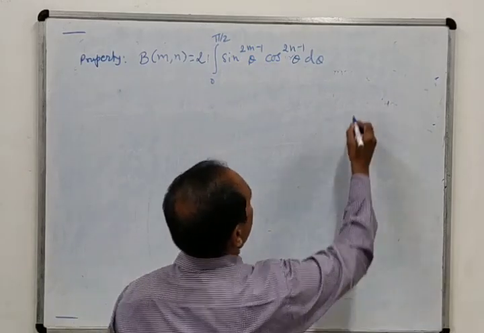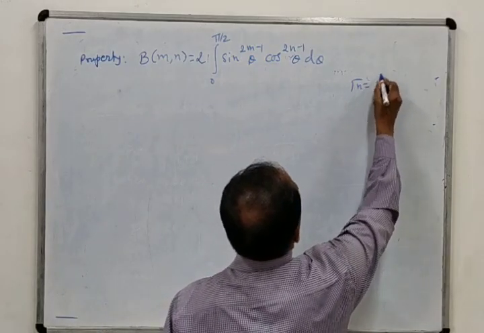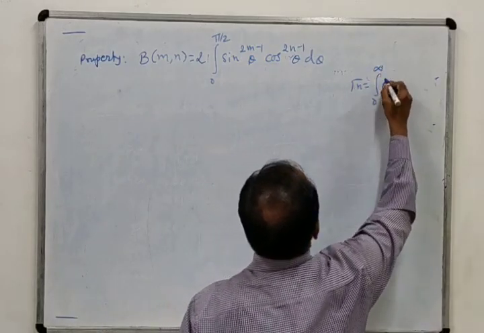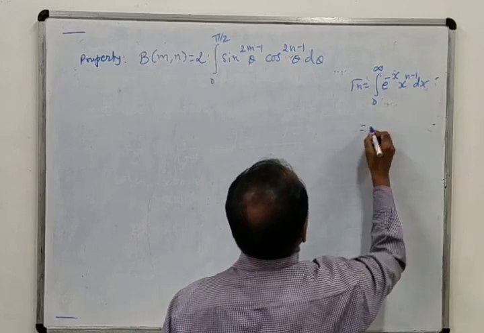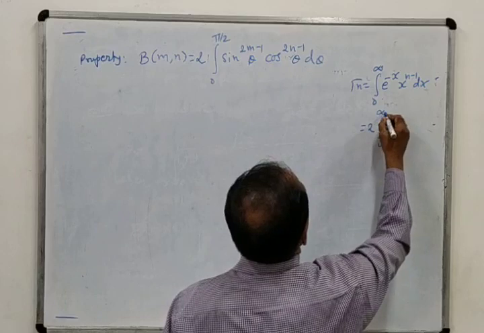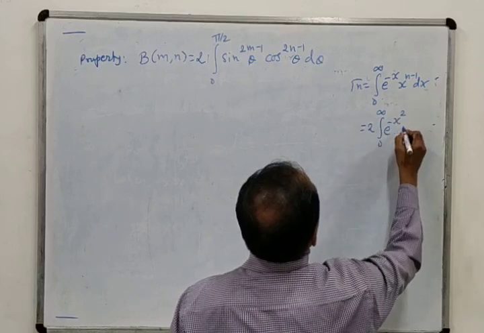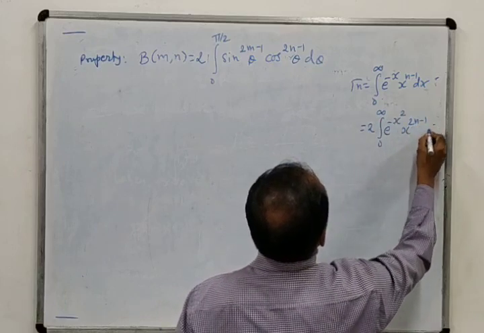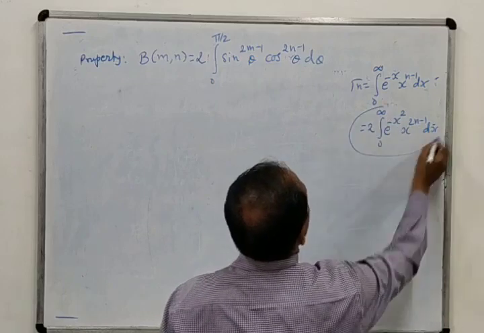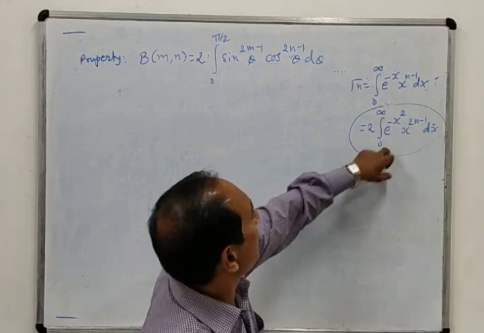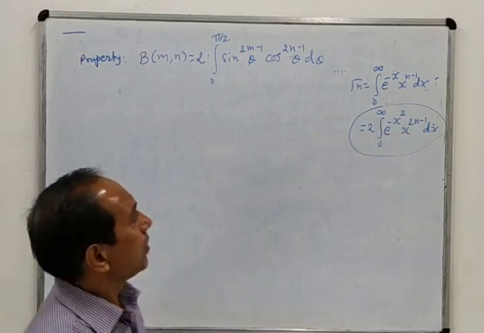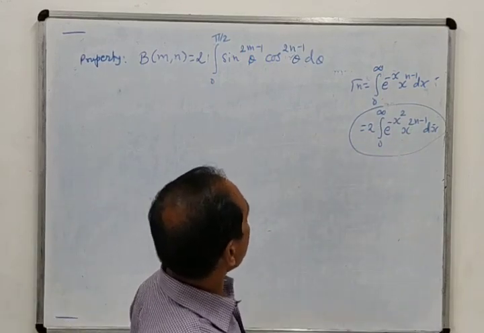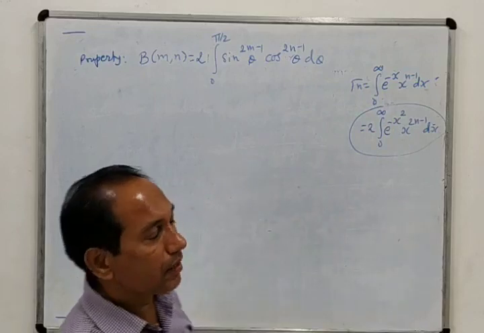As I told you, in the gamma function we have 0 to infinity e raised to minus x, x raised to n minus 1 dx. This was the definition. But we have also derived one result, e raised to minus x square into x raised to 2n minus 1 dx. So sometimes this can also be considered as the definition and we can derive the other result. If we know this, we can derive that result. But here in the chapter we will consider this as the original definition.